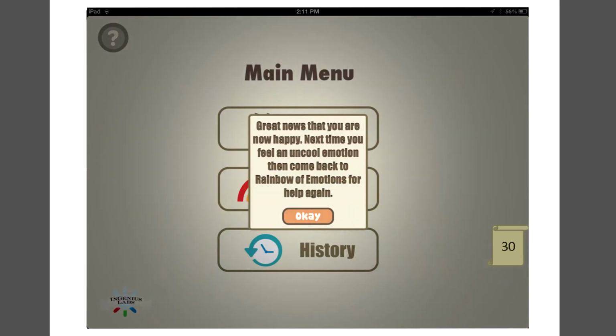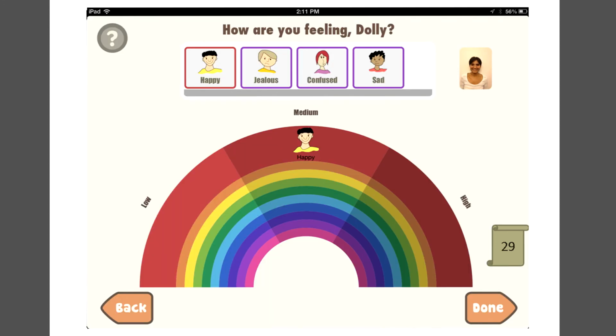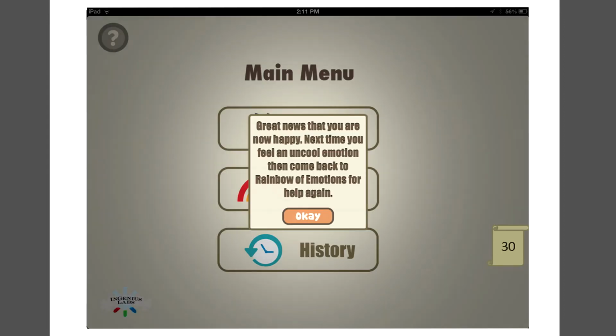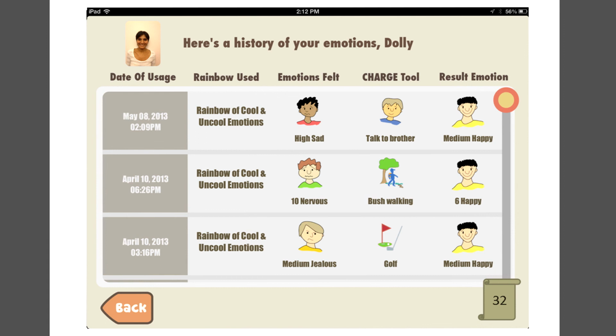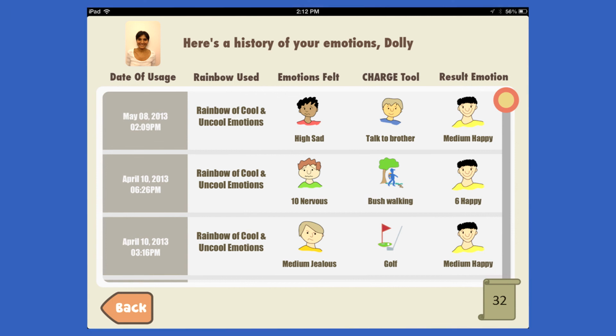And it will end and it'll say something like, great news, now that you're happy, next time you feel an uncool emotion, then come back to it. Whereas, let's say if now you're still not happy, or you're now experiencing a different emotion, it will get you to repeat the whole process again, as in you'll have to use the charge tool belt again to repair or fix that emotion. So the idea is to get back to happy. And the history section basically keeps a record of every time you've used this app. It records what rainbow you used, the time you used it, what you felt, the tool you used, and the resultant emotion. The information I've presented might sound a bit complex, but again,